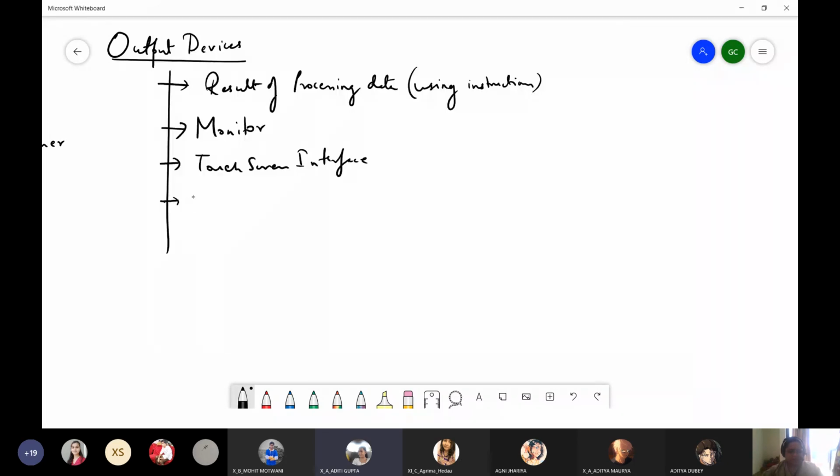Yes, speaker is also your output device. Plotter, right? Plotter, very good. Plotter is a very large printer, and we forgot the very prominent one, that is a printer. Okay, so printer could be a small printer, it could be a little larger printer.